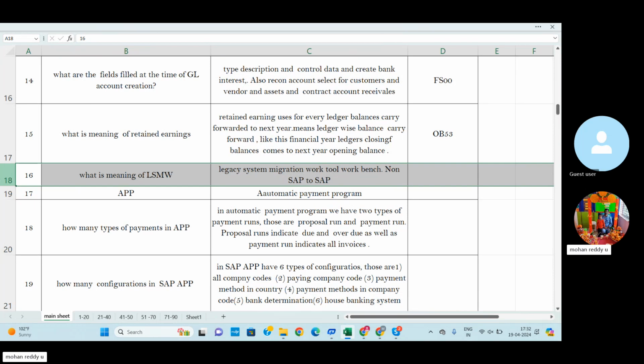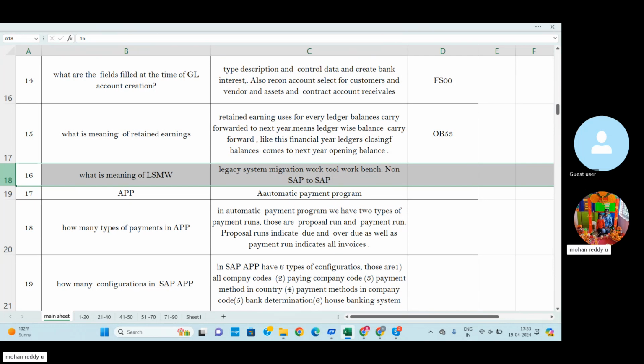A legacy system means, for example, there are a number of organizations and companies using ERPs in the market other than SAP, like Tally, timesheets dealing with payroll, Salesforce dealing with sales and marketing, and QuickBooks dealing with finance and other transactions. There are a number of ERPs available in the market.